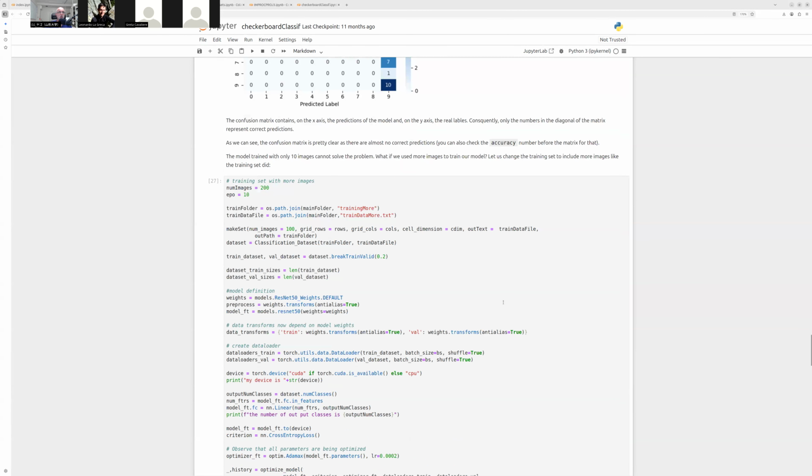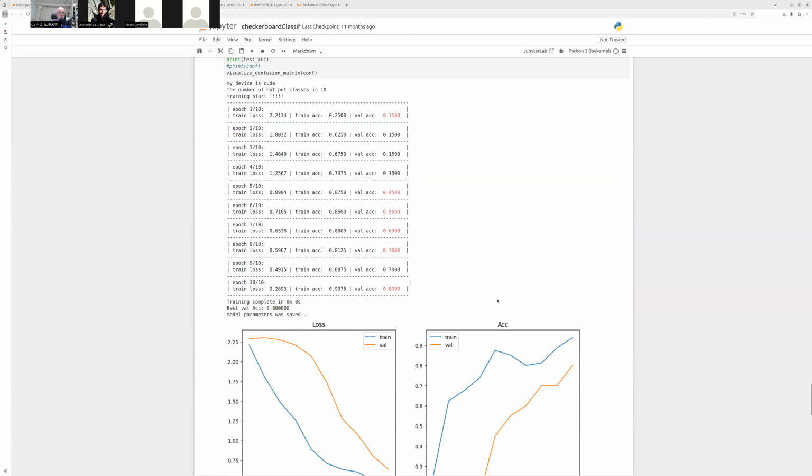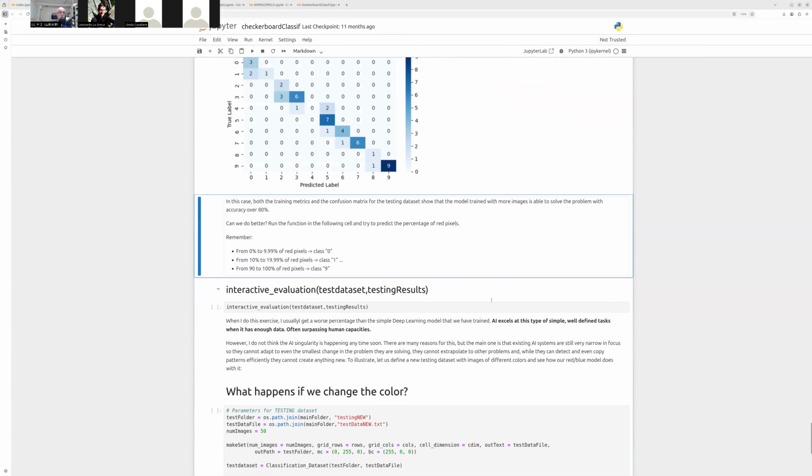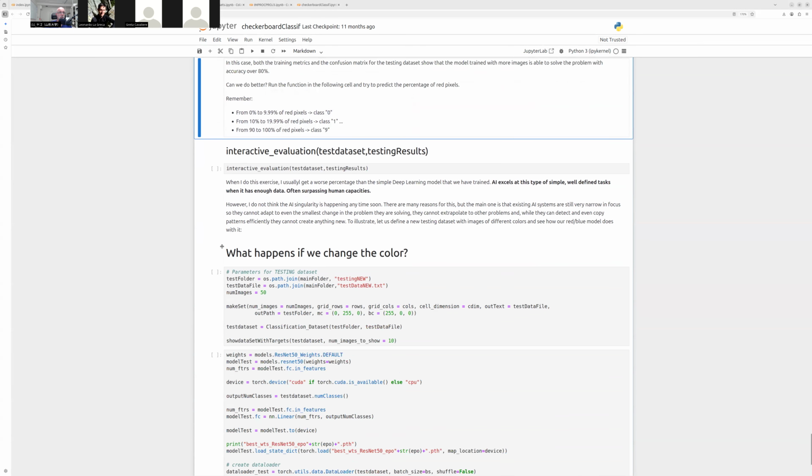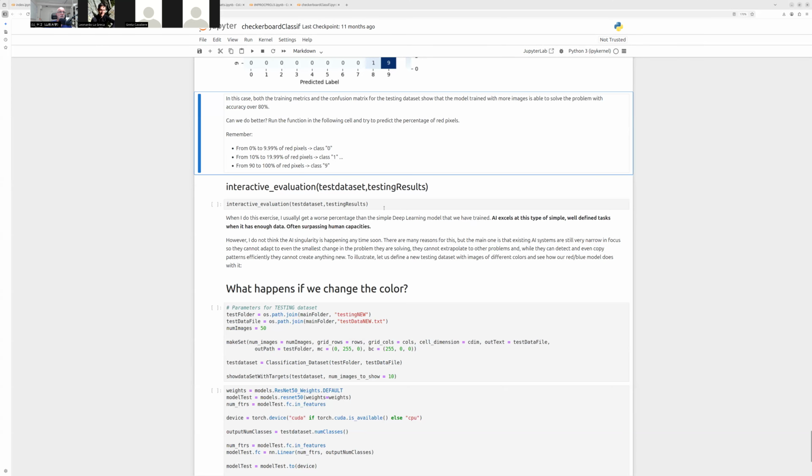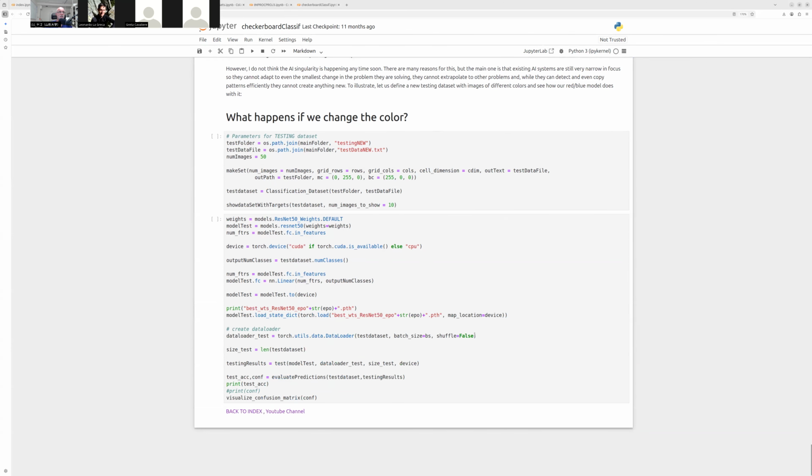This is all very, how would I put it, narrow, okay? We could, by the way, do some interactive evaluation, try to do it ourselves, and we can see pretty easily that we have implemented a deep learning network that exceeds our own capacity to solve this problem about guessing how many red pixels there are in the images. Very quickly, with just 100 images, the network gets better than us, than humans, at doing that,